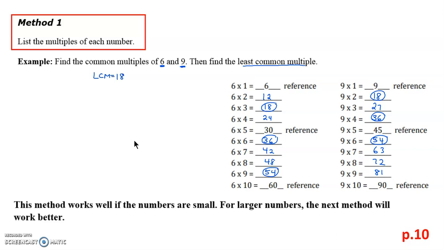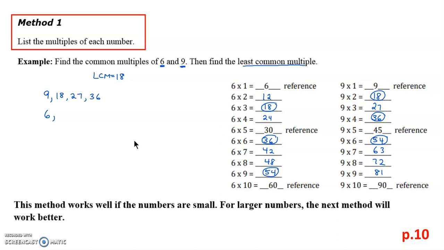Now, if you have strong multiplication facts, you're not going to be using this sheet. So what you do is you count up from each of these numbers. So you create the multiples either in your head or on paper. I'm starting with 9 first because it's the larger number. So what that usually means is I don't have to count as many to realize the least common multiple. So I'm going to go up by 9. So 9, 18, 27, 36, and at this point I know 36 and 6 are going to be common to each other, but